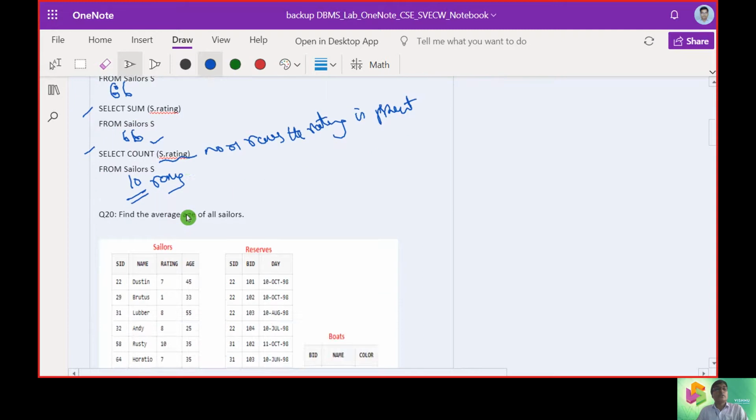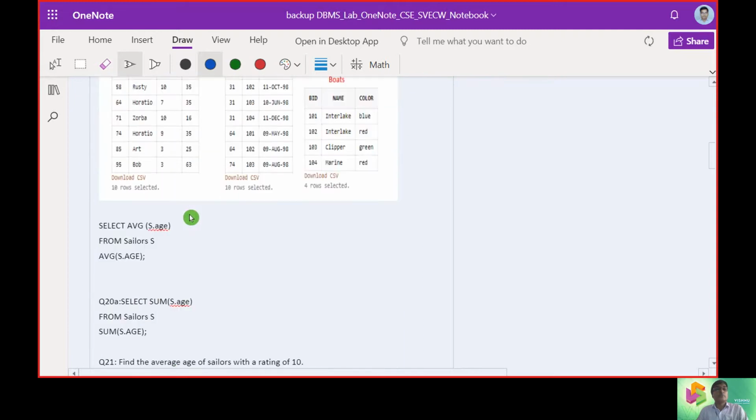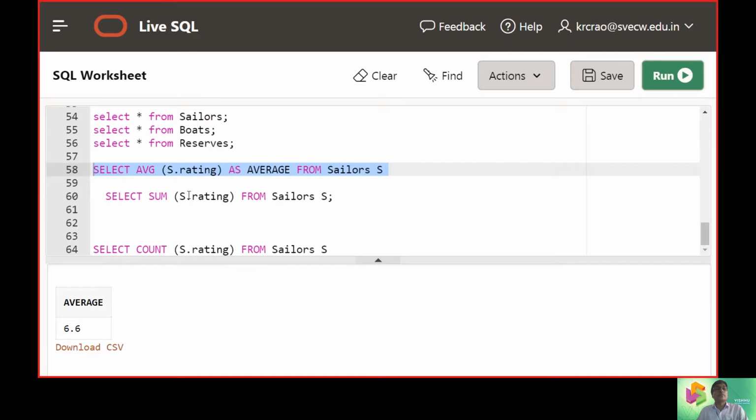Find the average age of all sailors. What we change in the query is average S.age as average age from sailors. We just remodify it here, and when we hit the run button, we get the average age value.